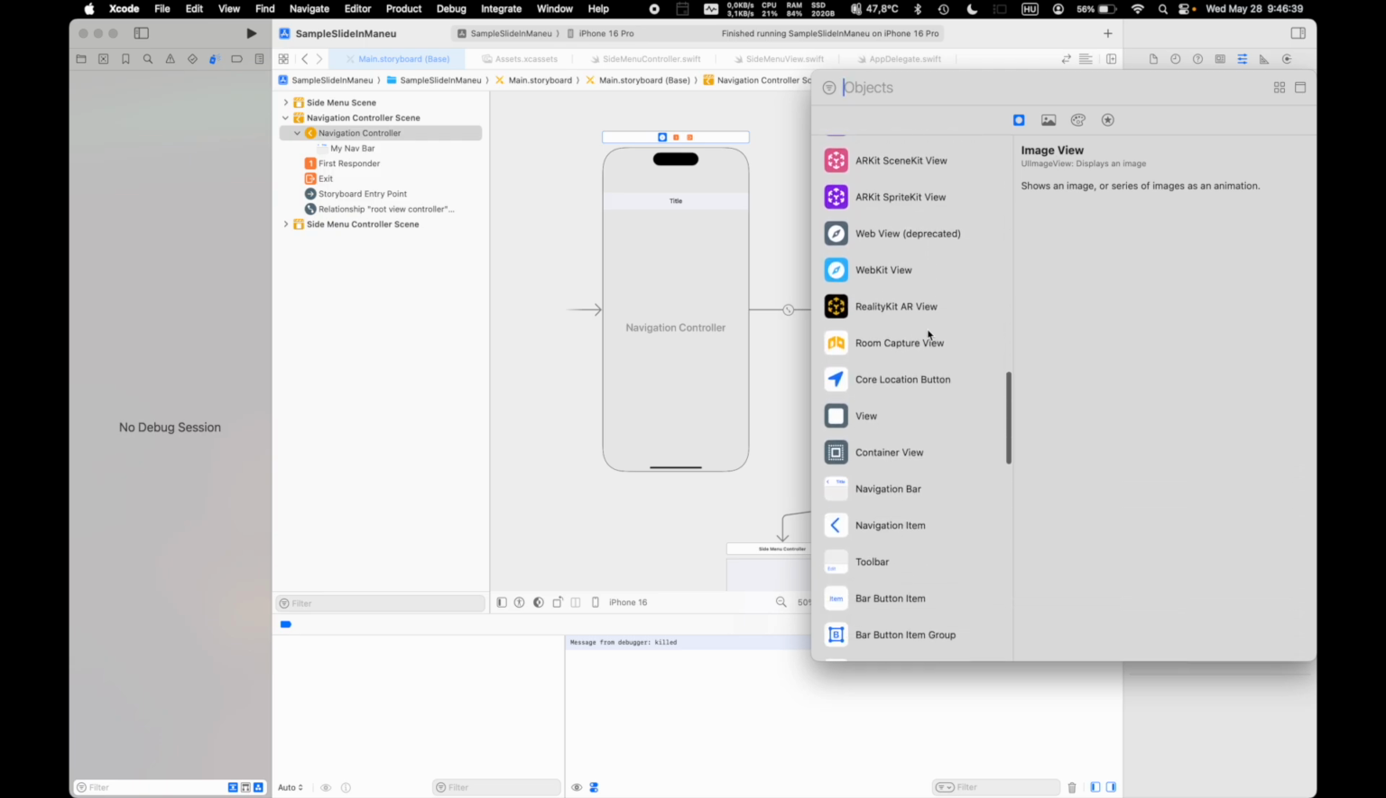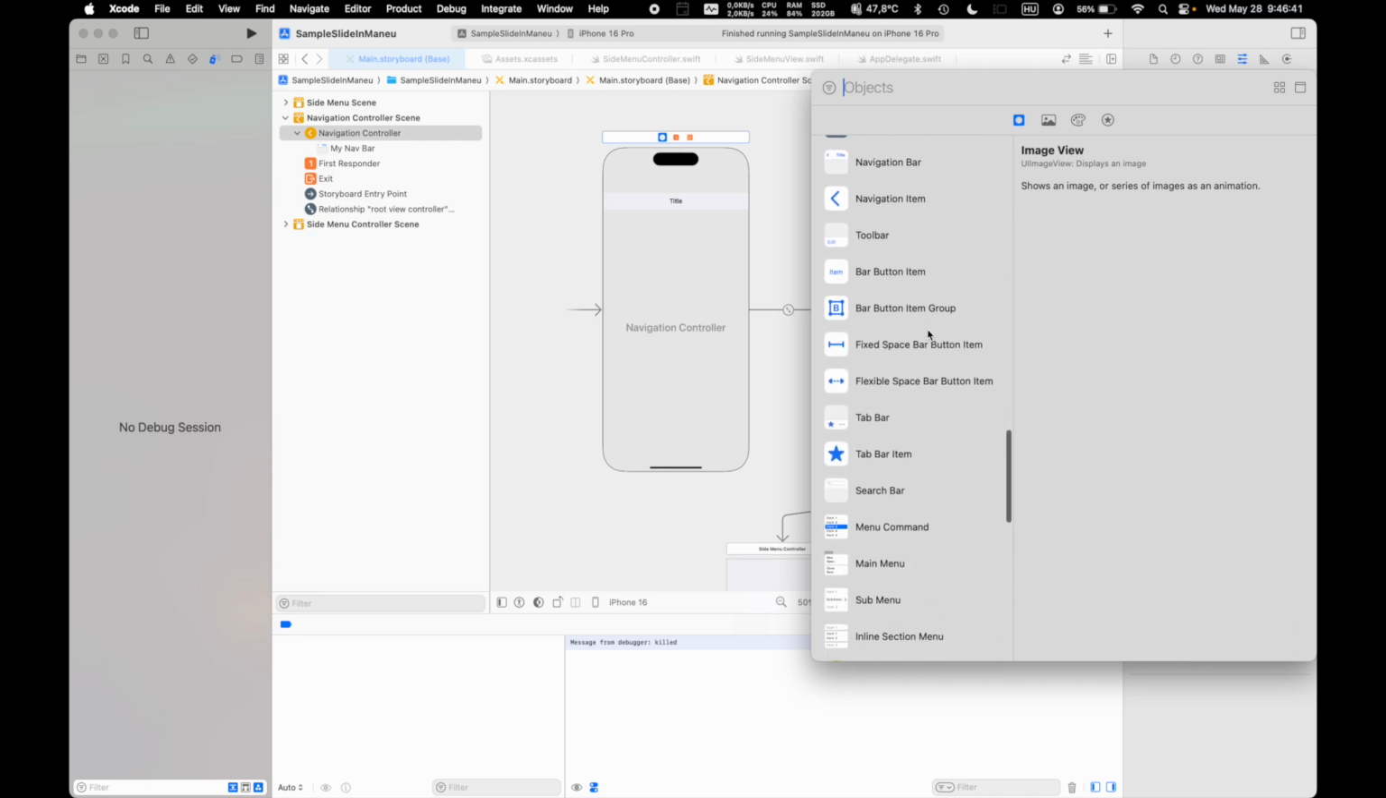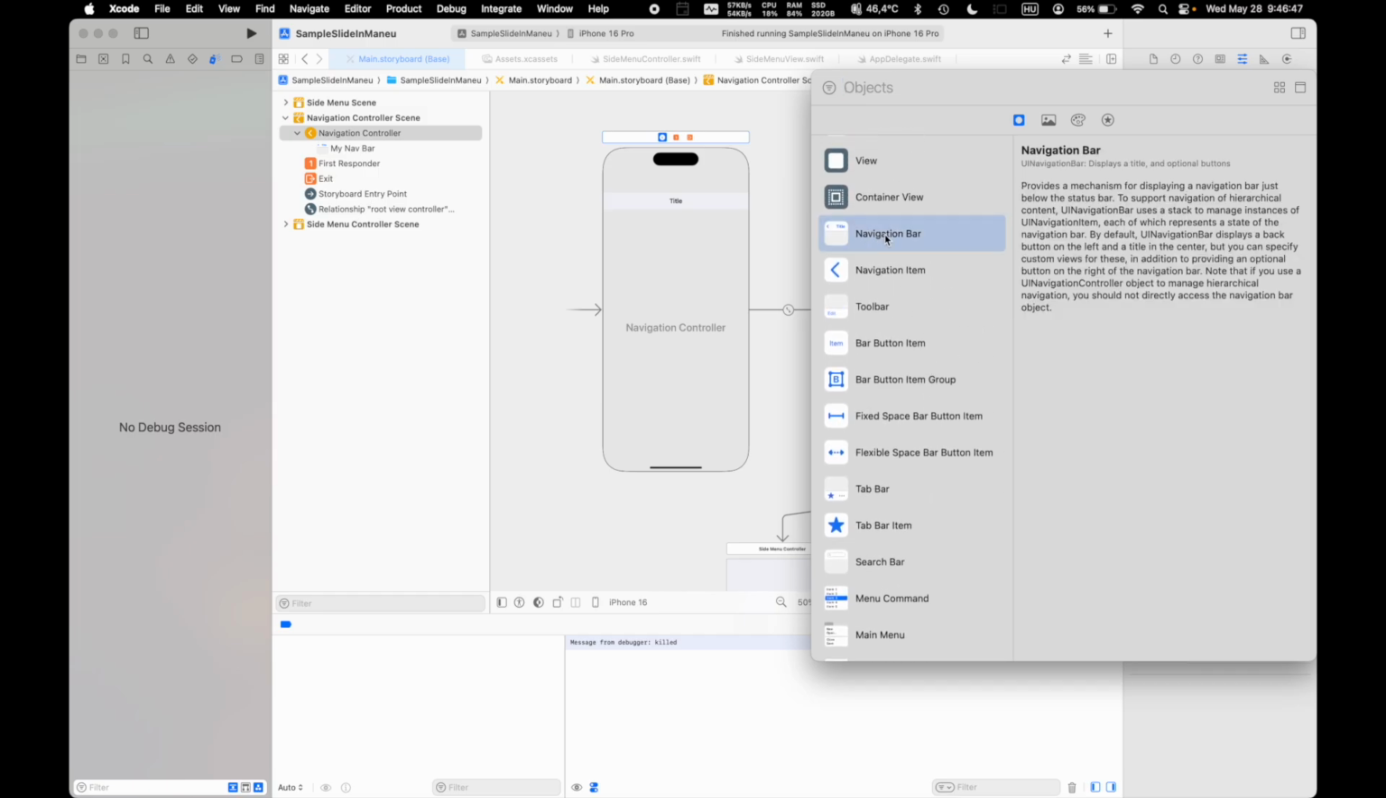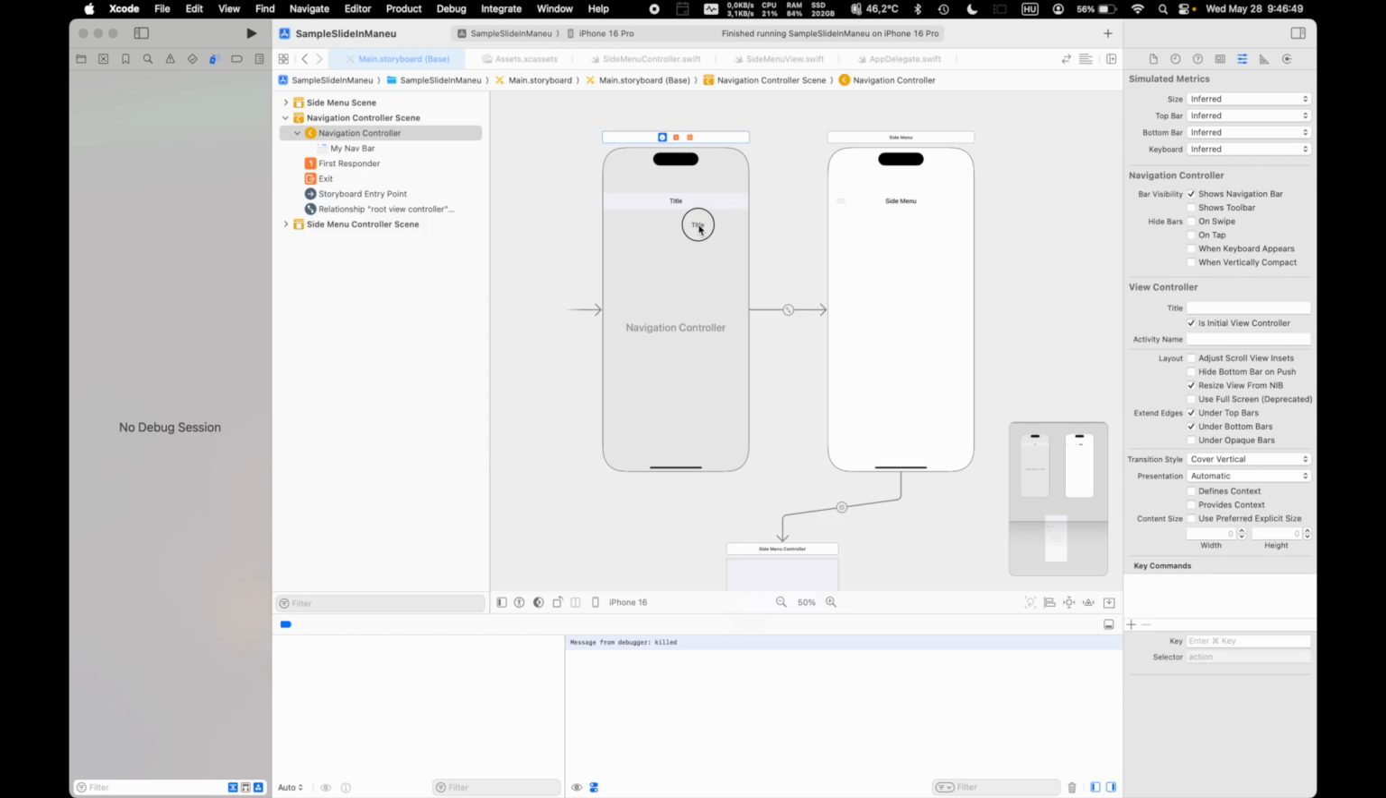So here you select the navigation bar, which is here. So this one you put it on your scene. Now I'm not putting it there. And then you also need to create another file,